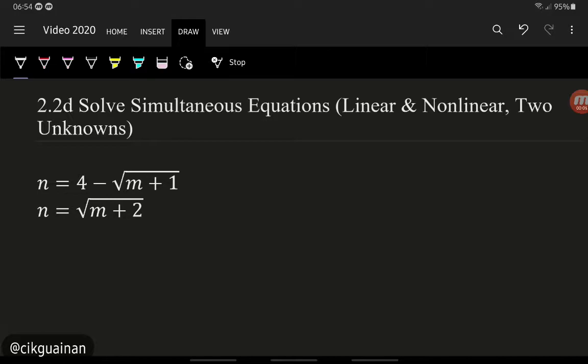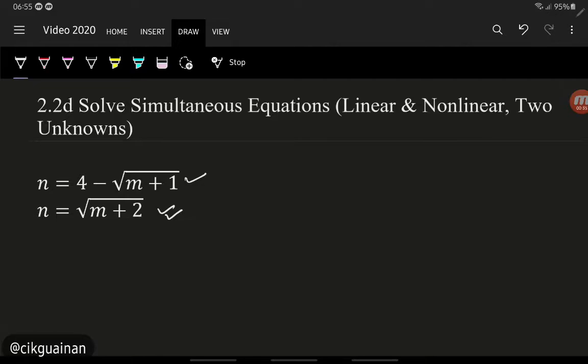In this video, I would like to share with you how to solve simultaneous nonlinear and linear equations involving two unknowns. So what we have here is two equations in front of us. This is the first one and this is the second one. So it is best if we are using quadratic equations. Okay, so in this case, what we want to do is